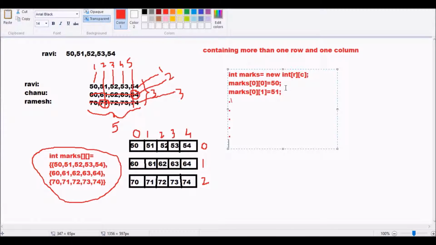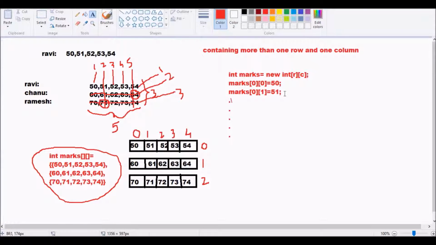This is the method we use in Java. This is also useful, and when we are entering data from the keyboard, this is the best way of creating an array.